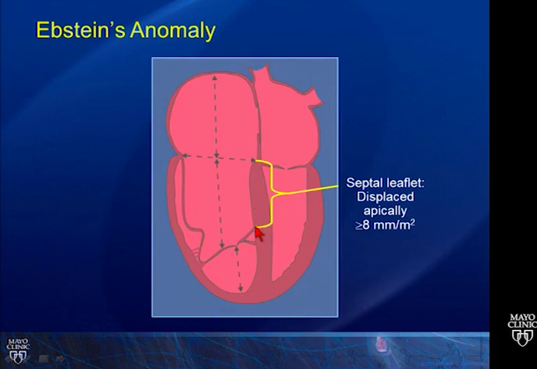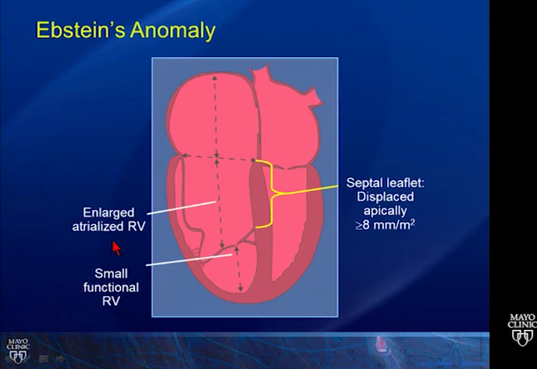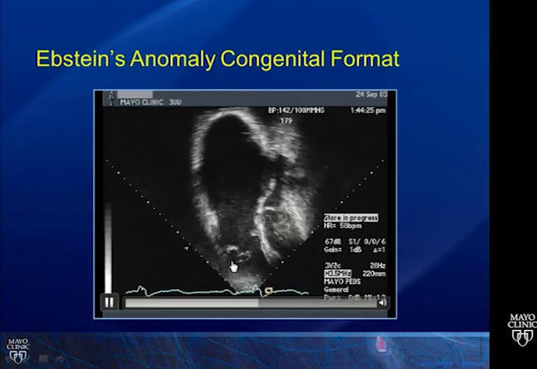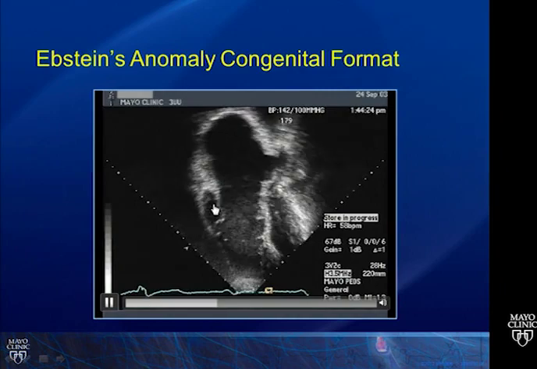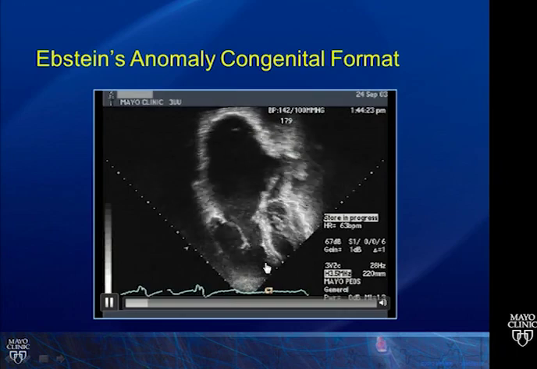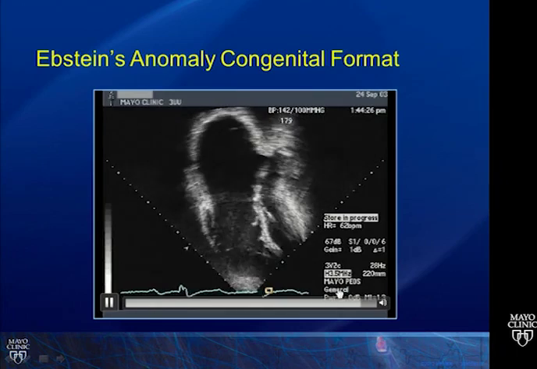Of course, this particular example that we showed you just now was very, very severe, but there is a spectrum of Ebstein's anomaly. And there's a small functional right ventricle that's left, the enlarged atrialized right ventricle, a dilated tricuspid annulus, dilated and enlarged right atrium, and severe tricuspid regurgitation. Here you can see this flail-like lateral anterior leaflet, and you can see the tacked down septal leaflet and very little of the right ventricle